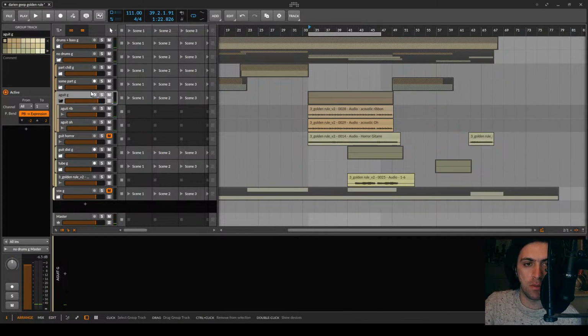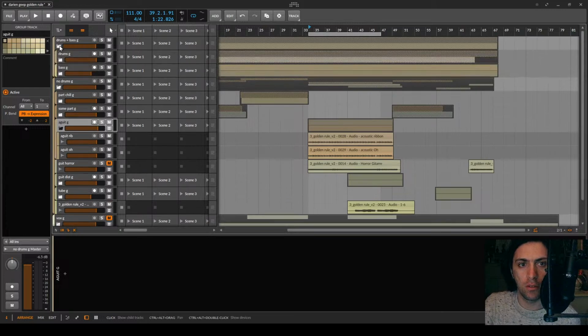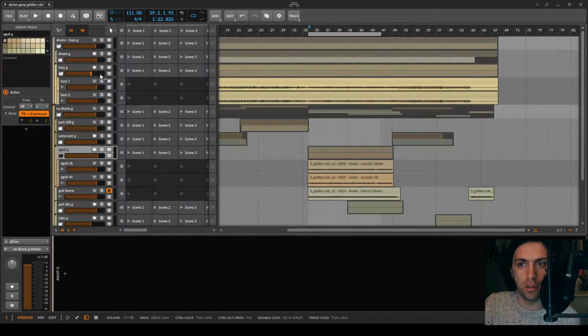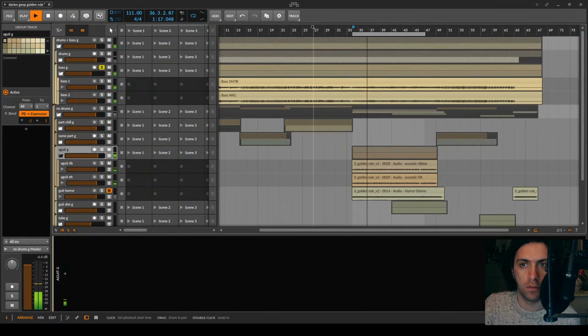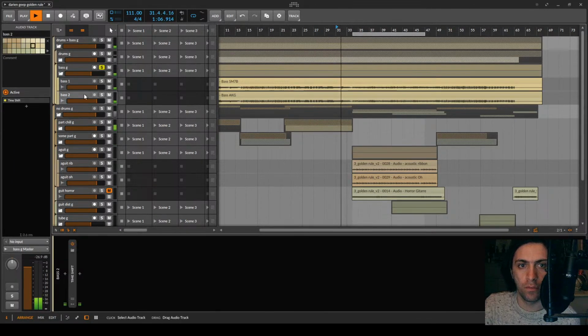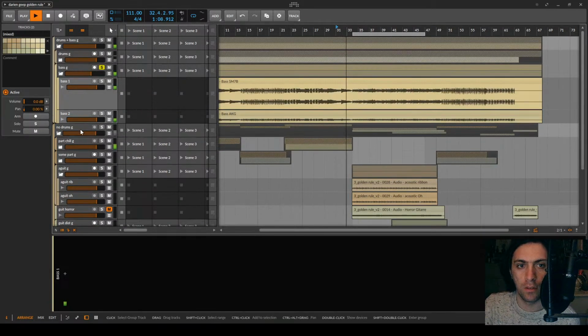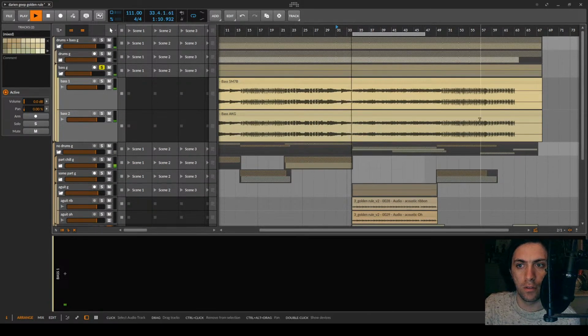Something about these drums still sounds super raw, but I don't know. Why is there no bass actually? Did I mute the bass? No. Why is it so unbassy? Huh?